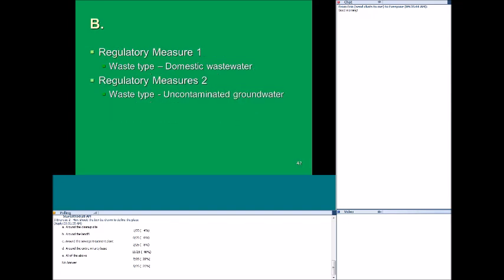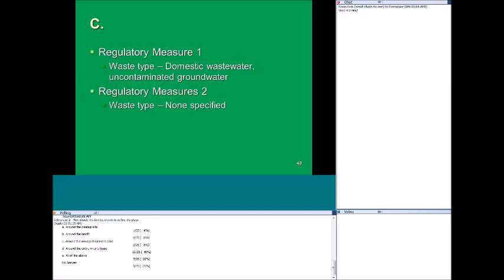Option B is that for regulatory measure 1, you use the waste type of domestic wastewater, and for regulatory measure 2, you use the waste type of uncontaminated groundwater. And option C is that you use the waste type of domestic wastewater and uncontaminated groundwater, and that you don't specify one for regulatory measure 2.